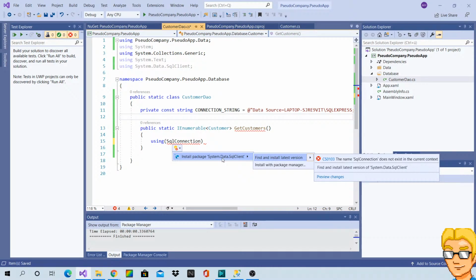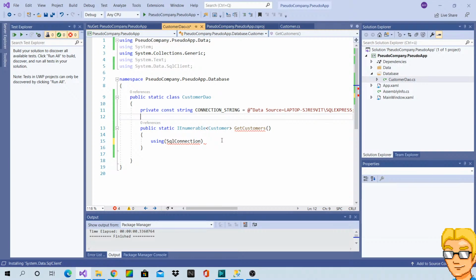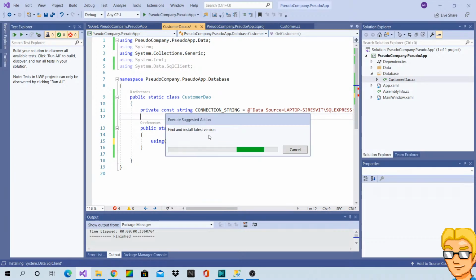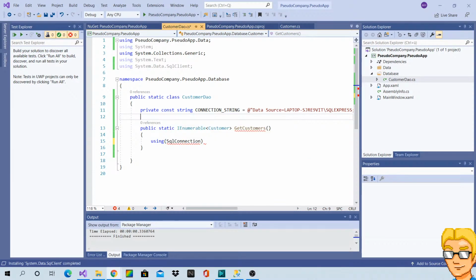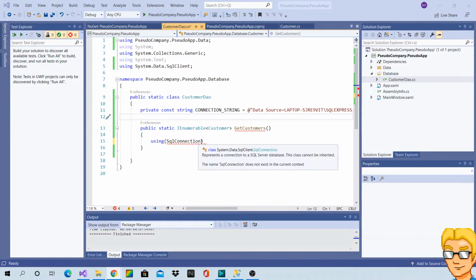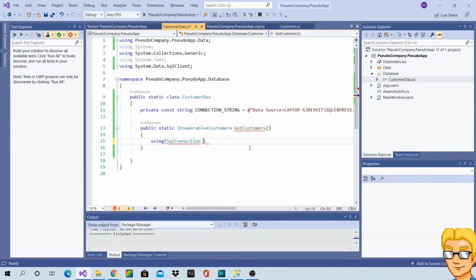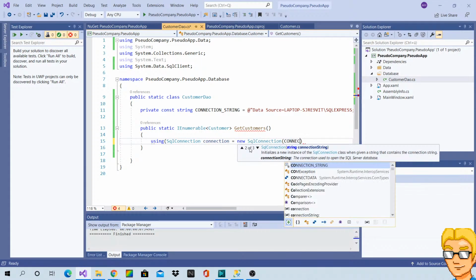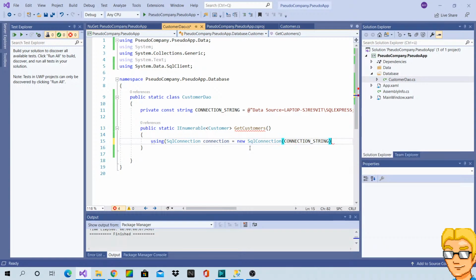Install package, but why do I need to install it then? Okay, never mind. Okay. There we go.